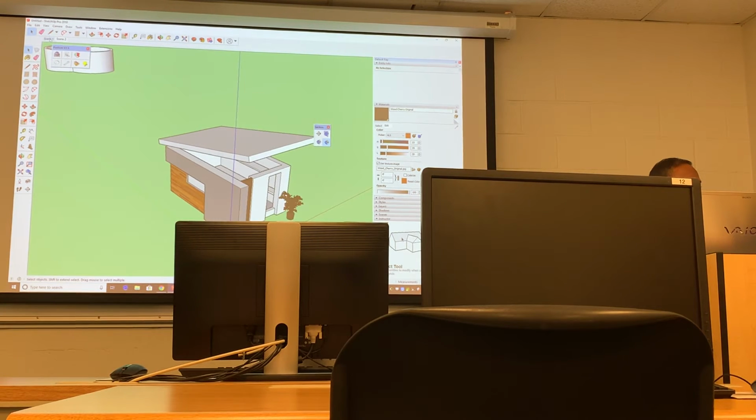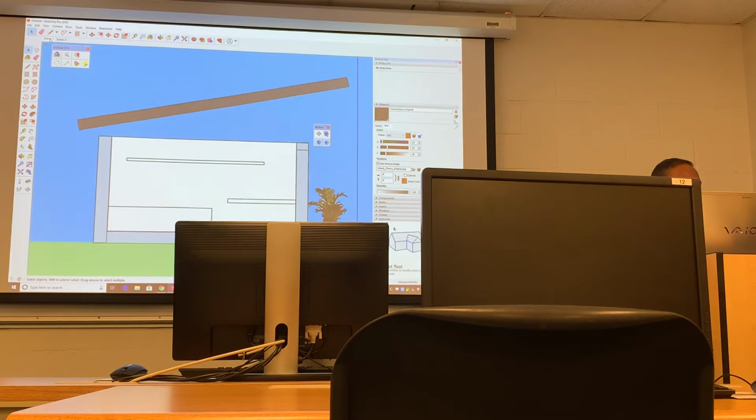Yes? Can you rotate the direction where you're writing the section? So you have two options there. You can